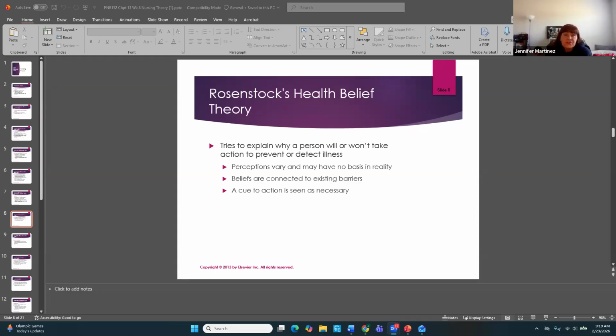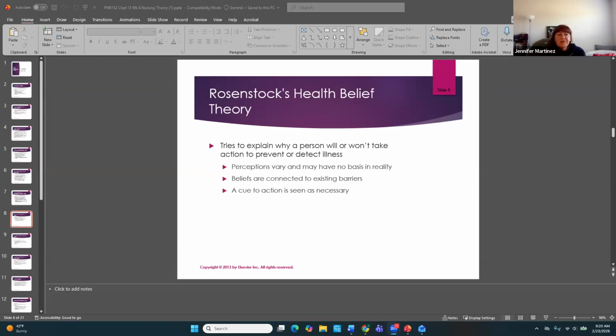Why does somebody choose not to go to the doctor or not seek healthcare? There's a variety of different reasons, even if you take cultural care into consideration with this. Things can be embarrassing. They don't want to talk about private issues. So again, a variety of reasons. Beliefs are connected to existing barriers,